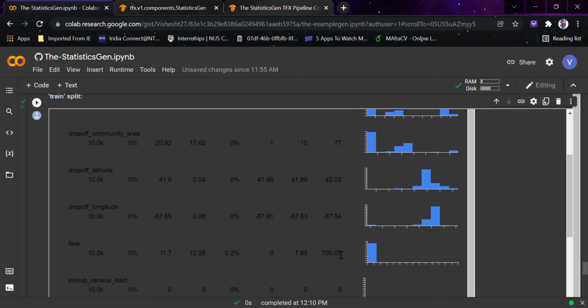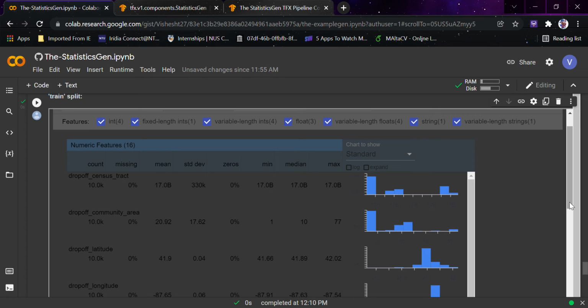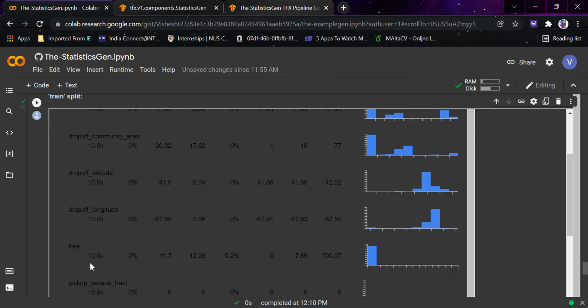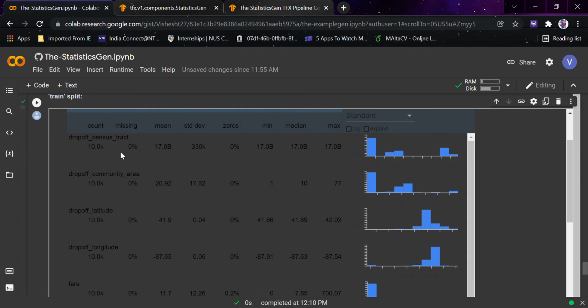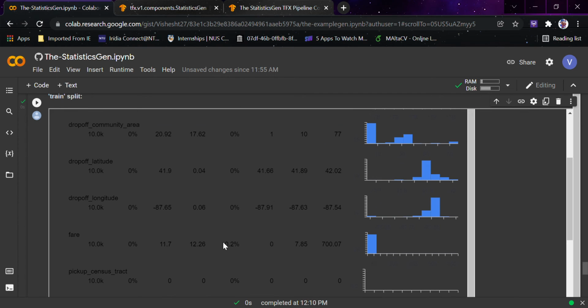And now if you see the fare, the maximum fare was 700 in the whole data, and the total fares were around 10k that were given in this data. And if you want to see missing, only 0% of data was missing. That is very obvious, because we are using a very good data set here, which is defined by a particular community and website. But if you are using a data set which was created by you or your company or your organization, there would be chances that something is missing in this, and that is the part where statistics gen helps you. Now zeros are also 0%, but in fare you can see 0.2% is 0,